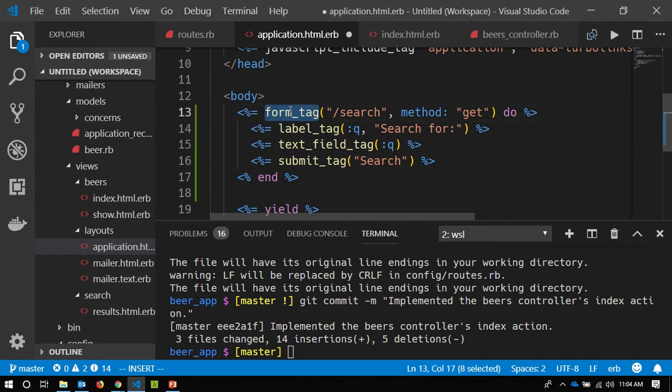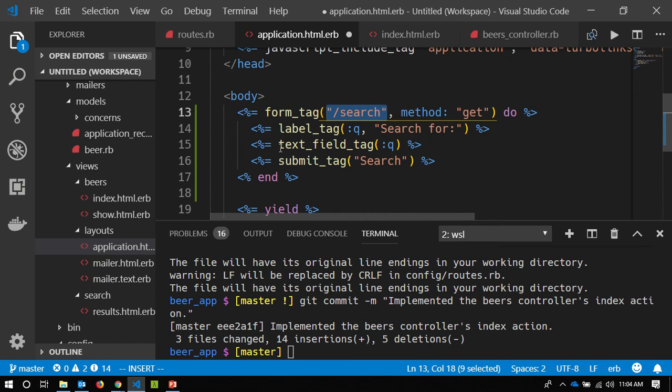You can see it's using a form tag helper that's being echoed out to the screen. The method of submission for the form is being set to get. So that will put the method on the form tag as get. I'm going to replace this right here with a route that I'm going to create myself that's going to route to my search controller. But at least for now, you can see here, it's got a label that says search for,